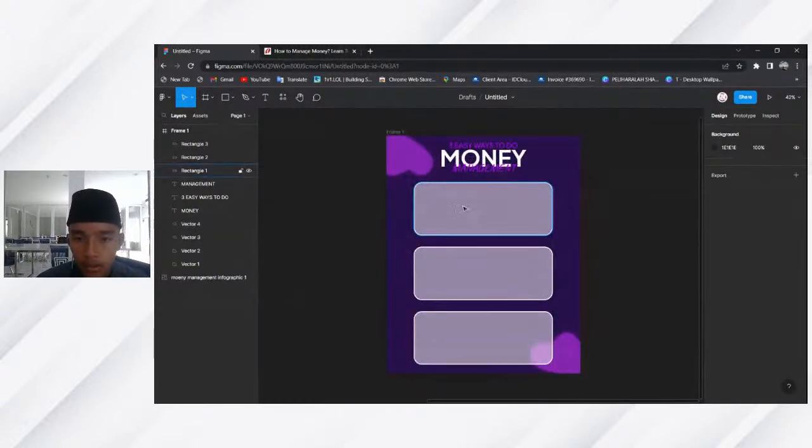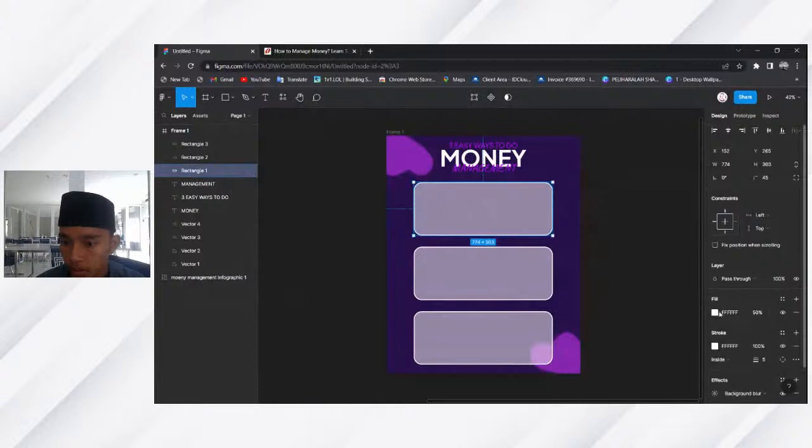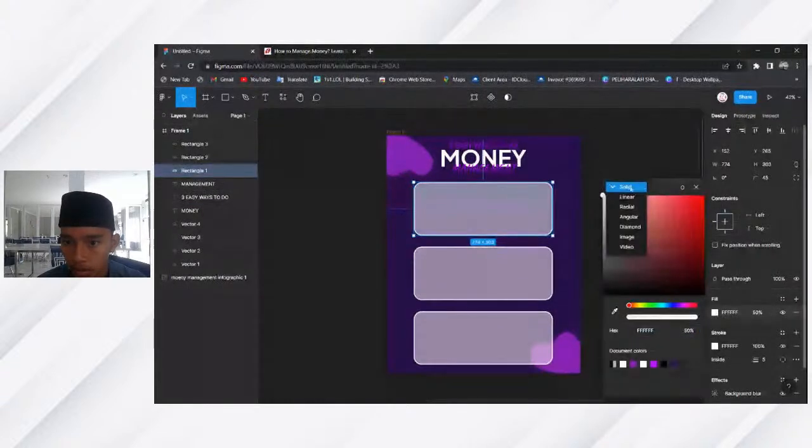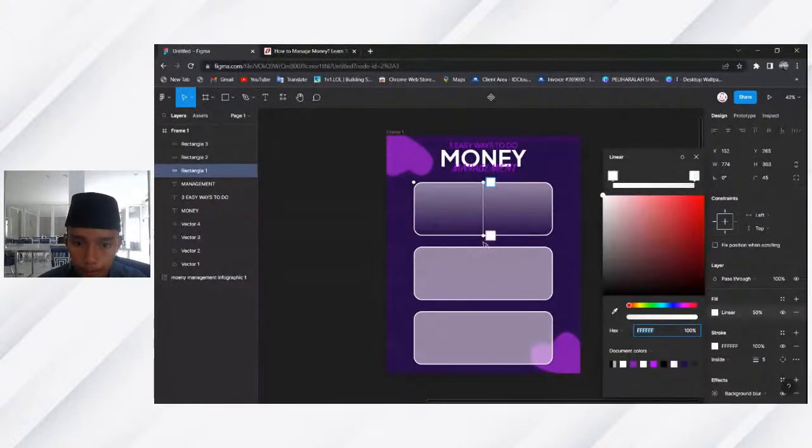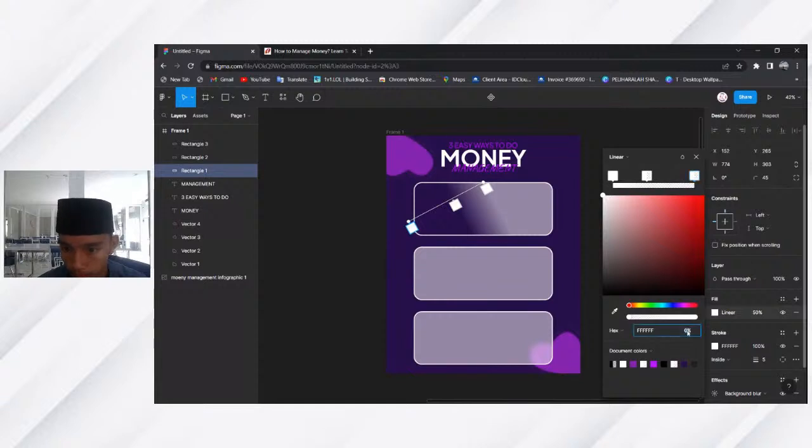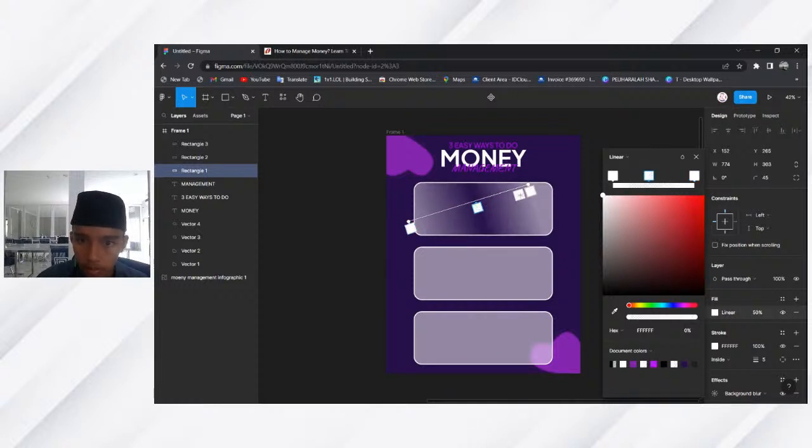And well, if you think that the fill part is boring, you can change it to linear. As you can see here, I'm using linear. So change the opacity of one of the colors to 100%.